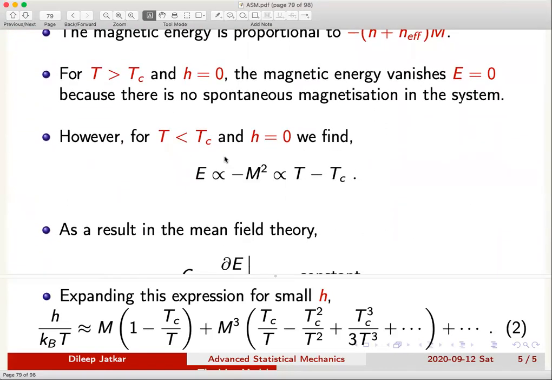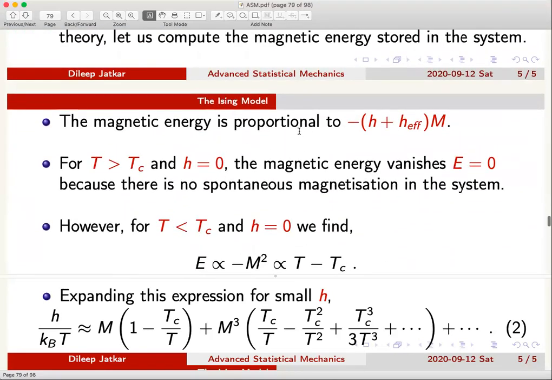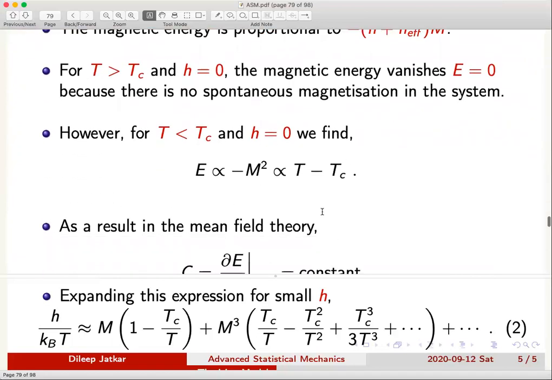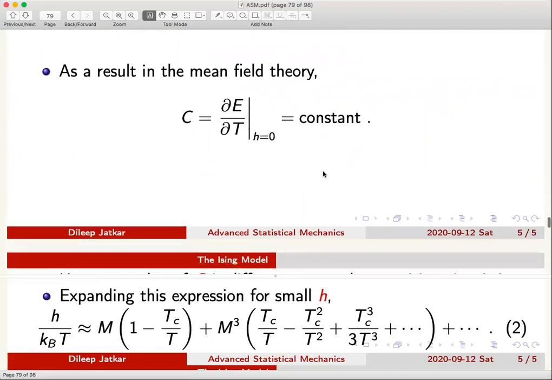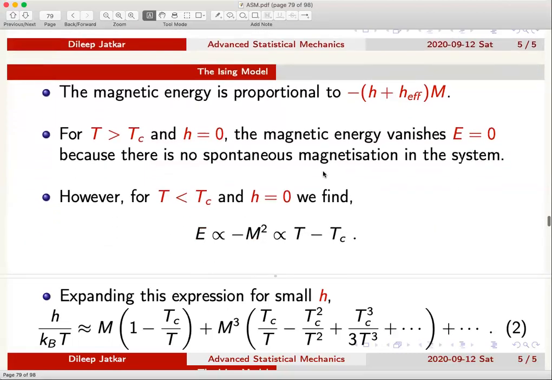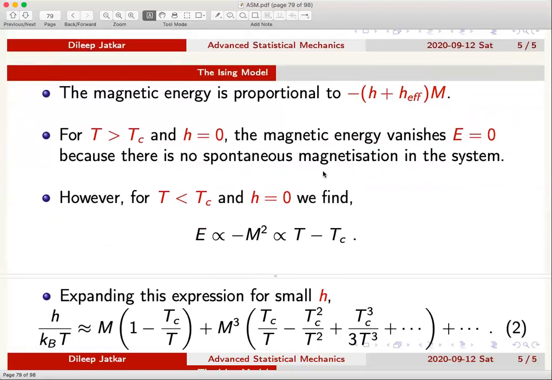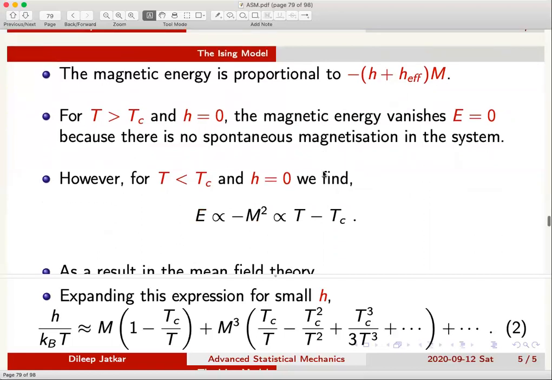Okay, fine. Given that there is no spontaneous magnetization above Tc, E is of course 0 there, but below Tc you have some contribution, and in both cases you will find that the specific heat goes as a constant. It would just go as different constants. So in that sense, it shows a discontinuity across T equals Tc, as against, say, susceptibility, which would show divergence as T goes to Tc.